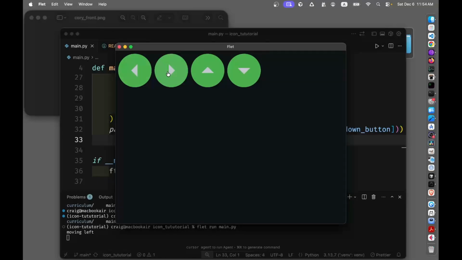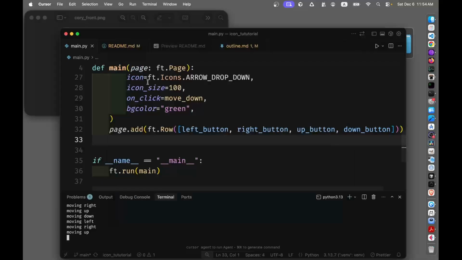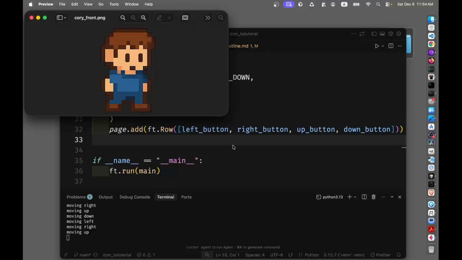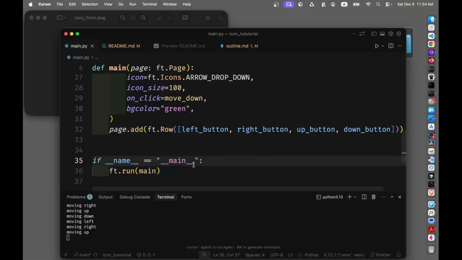We have our beautiful button row here. You can see that the output's coming out in the terminal. Our objective today is to add this guy Corey into it. And the first step here is that when we run the Flet application, we need to tell it